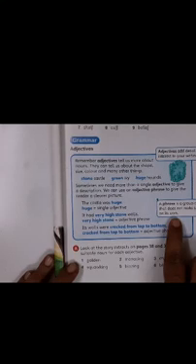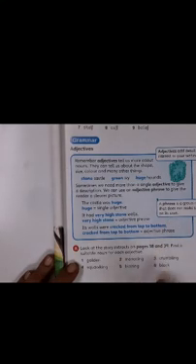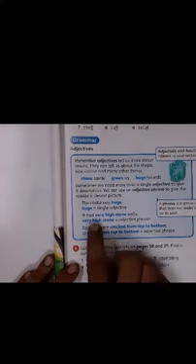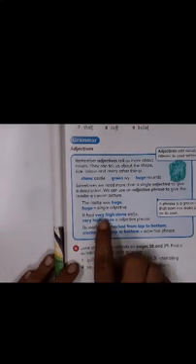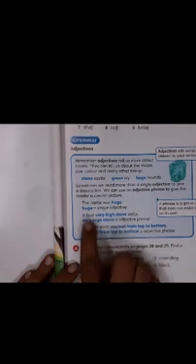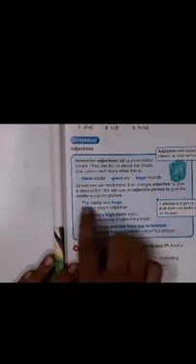If you see, children, page 43, you will know what a phrase is. A phrase is a group of words that does not make sense on its own. You can understand the meaning of that phrase, but then it needs support. Like see over here, children: very high stone. Now your phrase is this, but then you need to add something else to make it a complete sentence.